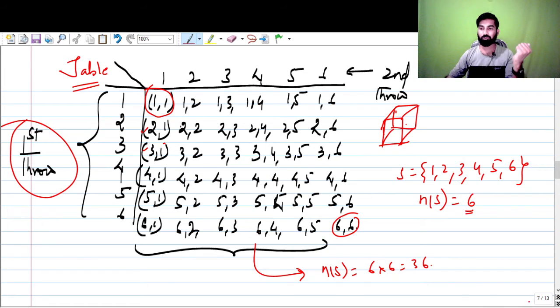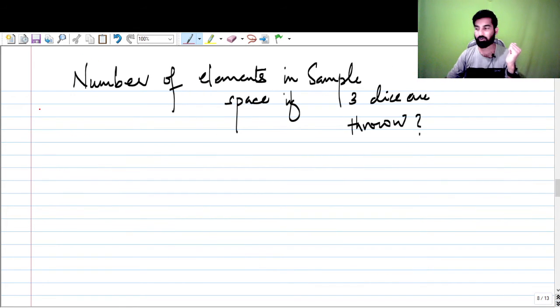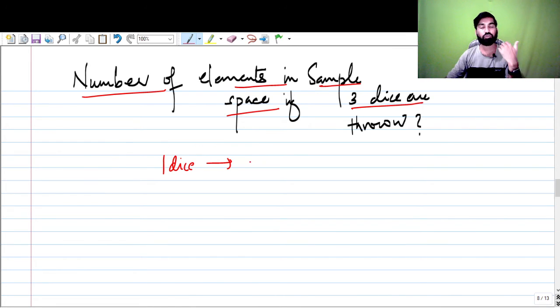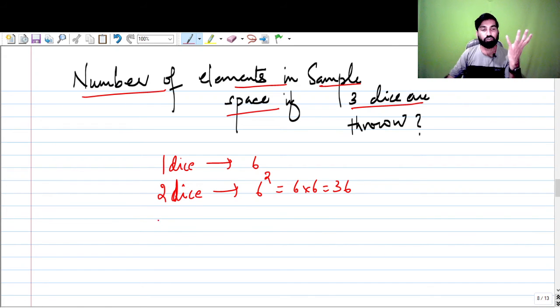So my question would be, if you're going to throw three dice, what can be the number of elements in the sample space? As you can see here, if three dice are thrown, one die corresponds to 6 elements. Two dice correspond to 6 to the power 2, that is 6 into 6, that is 36, right? If you're going to throw three dice,